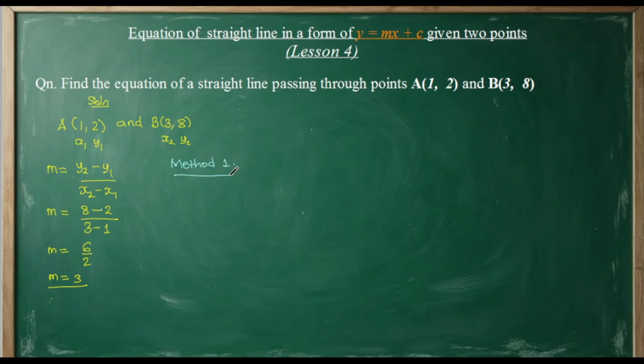In method 1, we take any of the points, say A, with coordinates of 1 and 2, and then we list out the values of x as 1 and y as 2, together with our constant m, which is 3. Then substitute in the general form